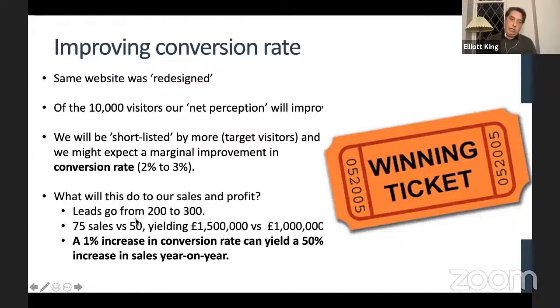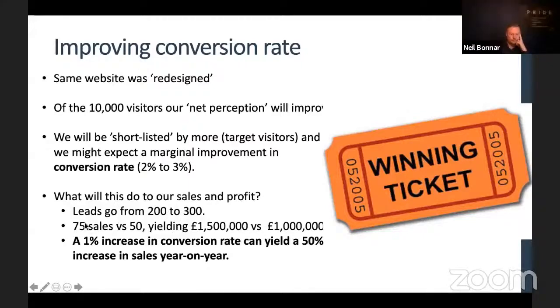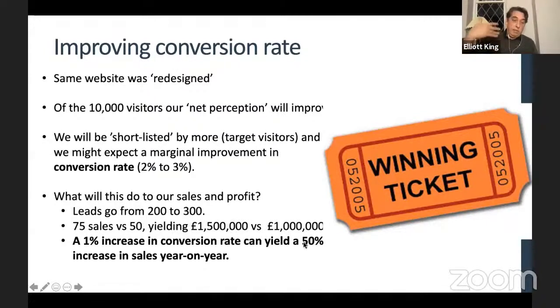You get an extra 100 leads. If you convert at the same rate, you've got an extra 25 sales, which actually means a 50% increase in revenue that's generated in this case. So you would go from 1 million to 1.5 million. So that's, sorry for the detail, but it's hopefully a good indication of the value of going through